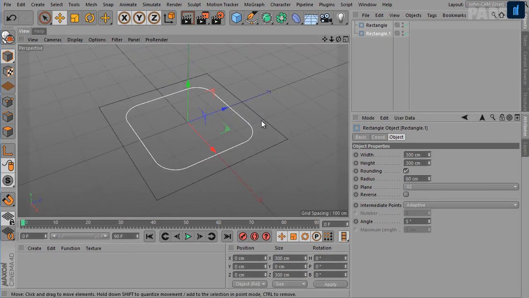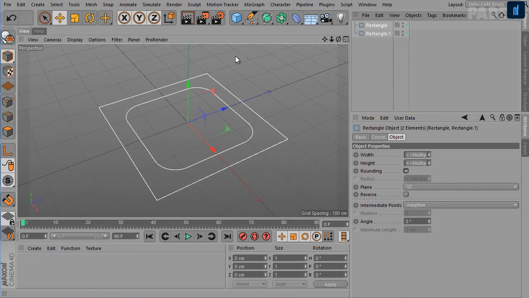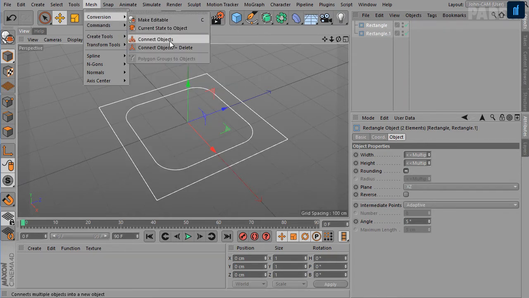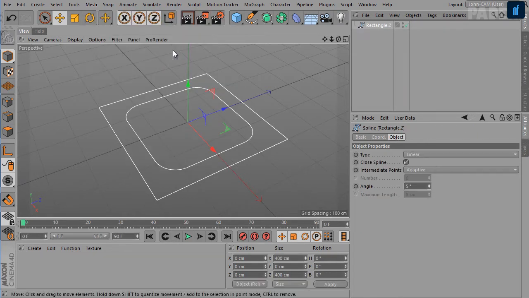Now I'll connect these two splines, so go ahead and select these two, and then I'll go to mesh conversion, connect objects plus delete. So now we have a single object here, a single spline.